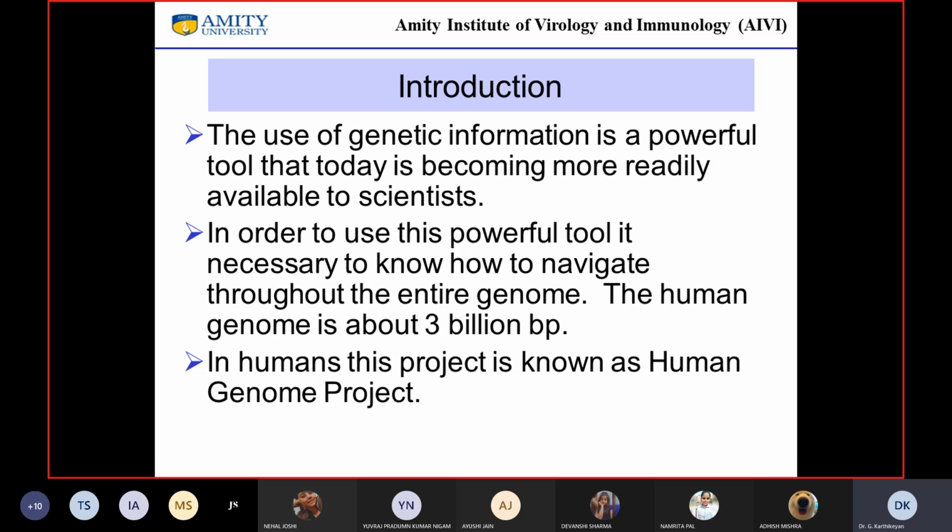The human genome, as we all know, is about 3 billion base pairs. 99.9% of the human genome has been sequenced, annotated, and is there on the database. Okay, so 0.01% is still being done. It's likely to be done very quickly. Right?